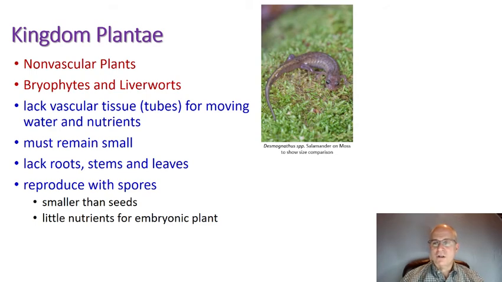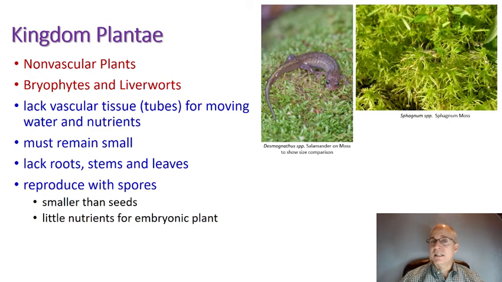So here's a picture I took when I was hiking on the Appalachian Trail of a salamander. This is a Desmognathus salamander growing on moss. Now, this salamander was probably about 2 to 3 inches long. So that gives you an idea of how small these mosses really are. Now, another example of a moss, and I took this picture right on the border of Lake and McHenry counties at Volo Bog, this plant might grow an inch, maybe 2 inches tall. And again, because they don't have this vascular tissue, they tend to be really, really small.